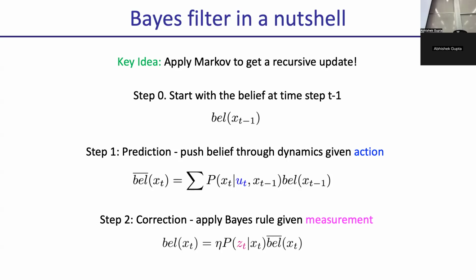Are there instances where you would skip a step? If your actions are super noisy, or you're like, I need more certainty before I act. So it's like, okay, before I act, I'm going to take a ton of measurements and refine my belief as much as I can, and then I will act. The cadence I mentioned is the usual one, but it doesn't have to be 1:1. Anytime you get an action, you take the motion step, and anytime you want to refine with a measurement, you take the measurement step. I could take 10 measurement steps at once before acting.